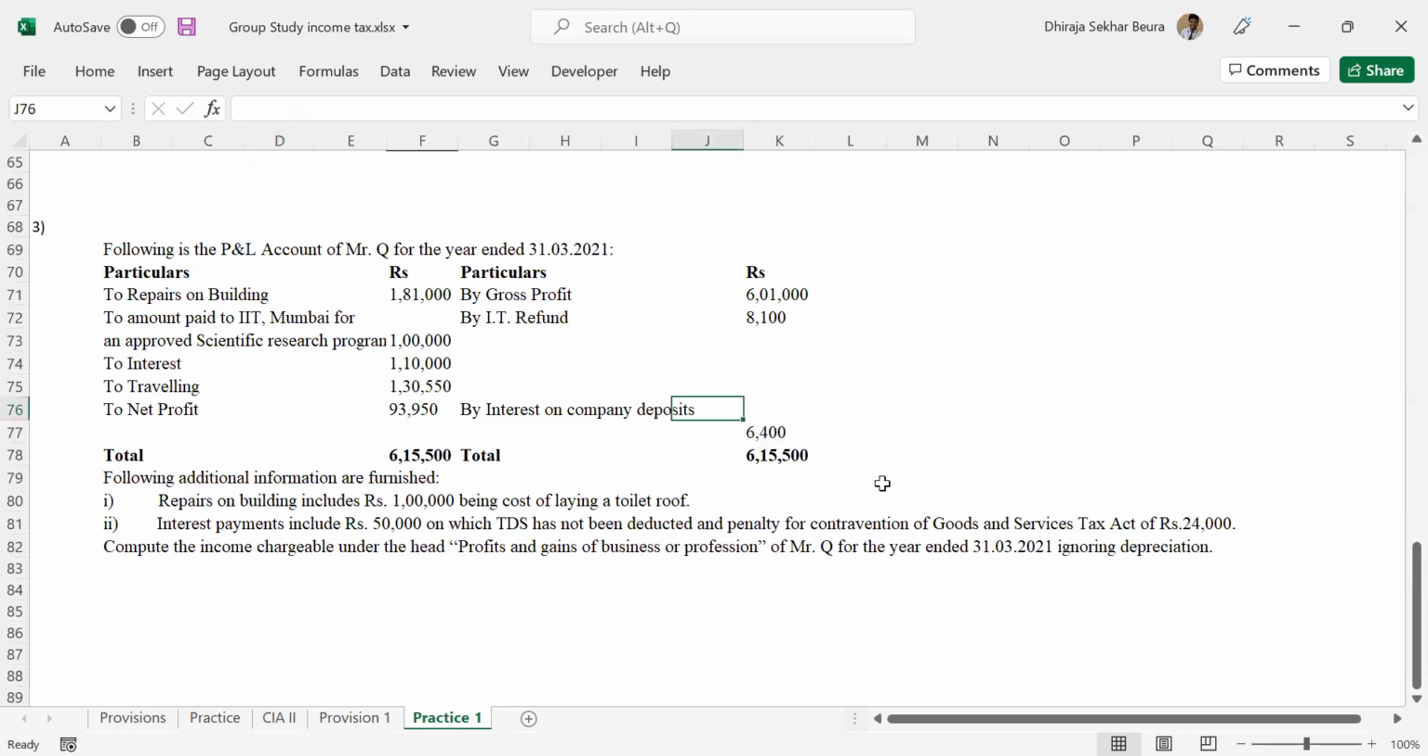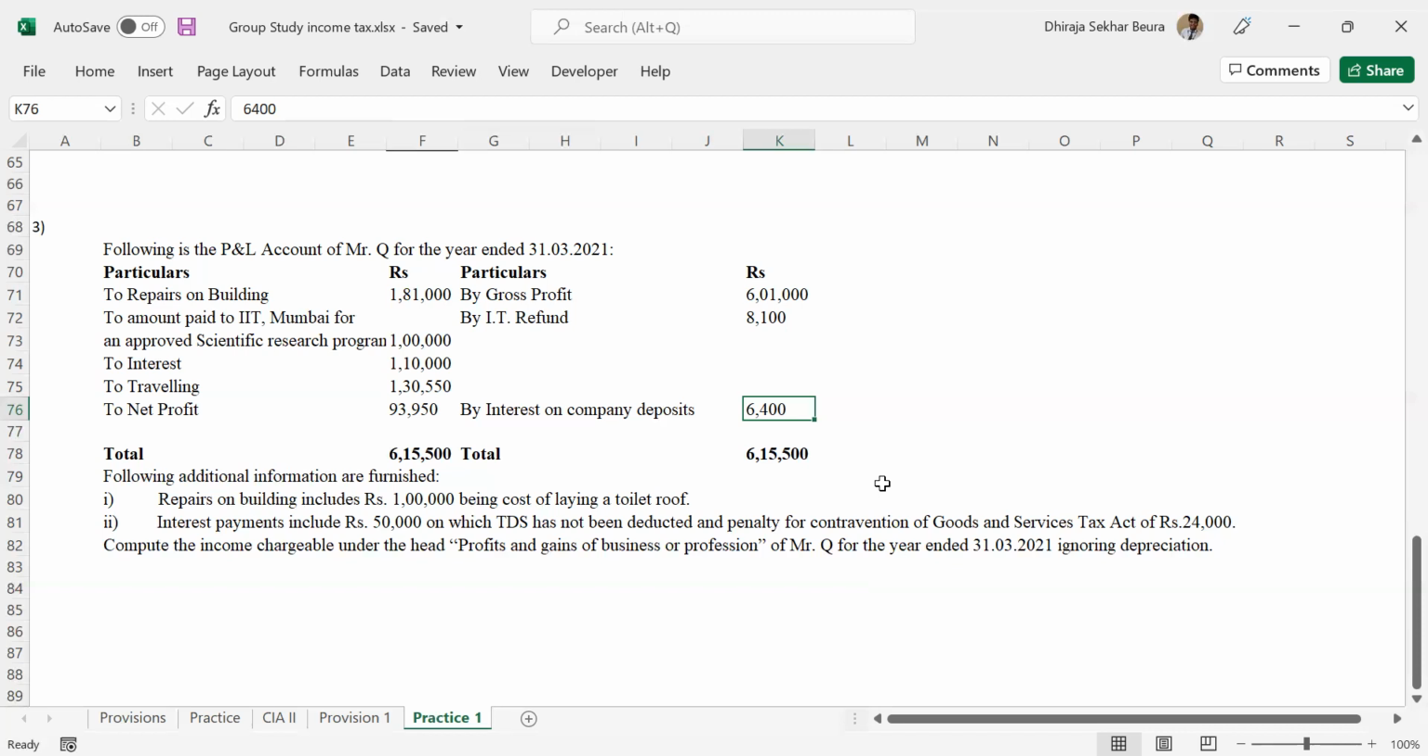Then we have, on the left side, expenses: repairs on building, amount paid to IIT Mumbai for an approved scientific research program. We have then interest, traveling, and net profit. Net profit is 93,950. Now, then we have repairs on building includes 1 lakh being cost of laying a toilet